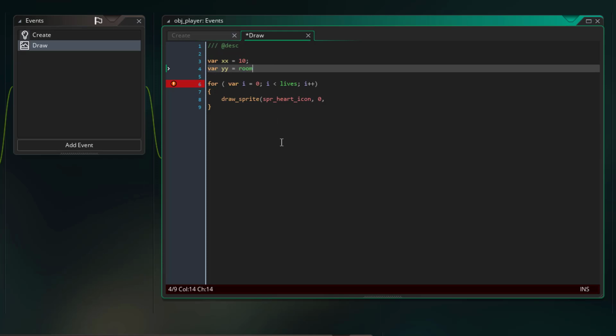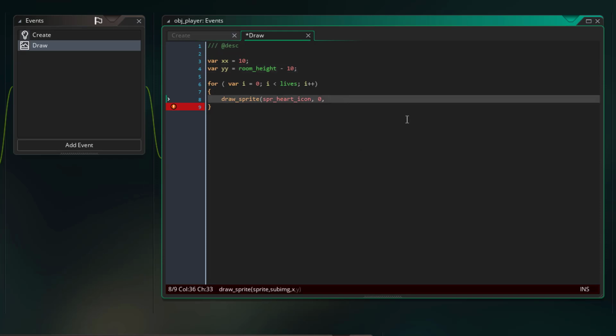So that's going to be room height -10, because room height is the bottom of your screen, and then you want to go 10 pixels up from that, so you take 10 away. Now I can fill those into